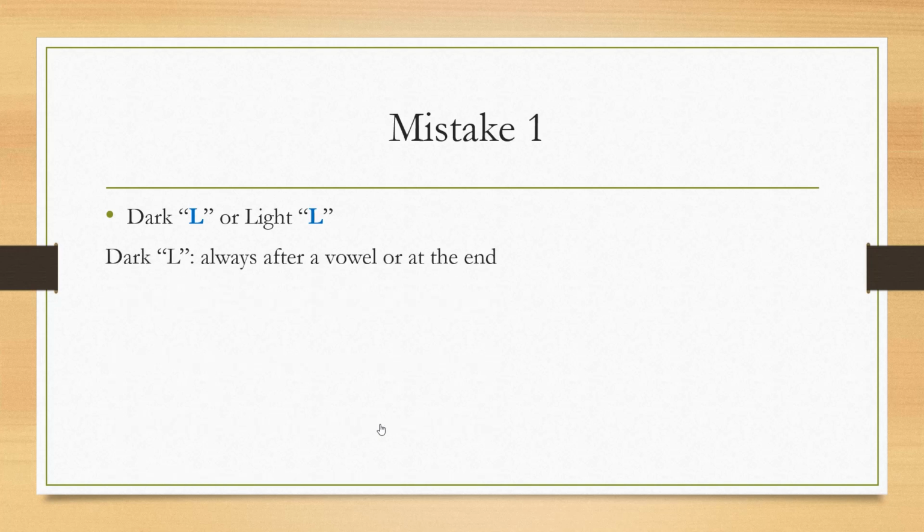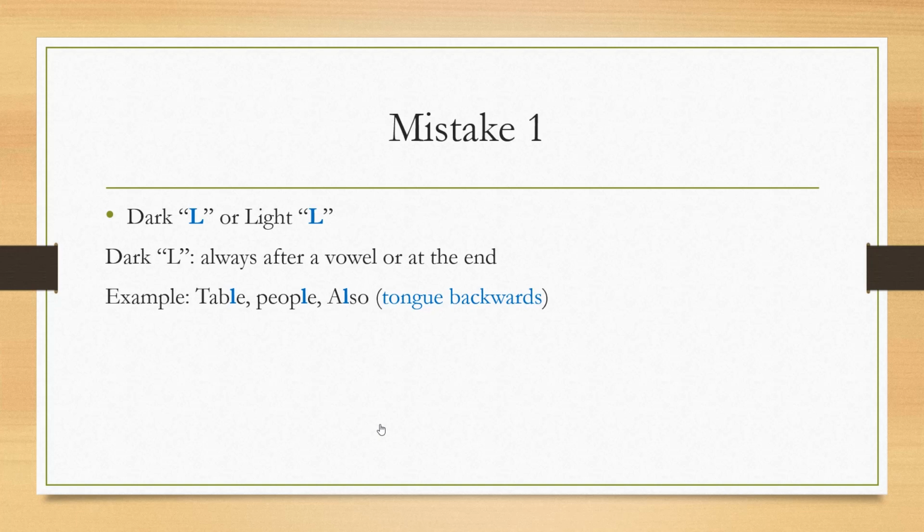The dark L always comes after a vowel or at the end of a word. When you have the letter L at the end of a word or after a vowel, it is not pronounced in the same way as when you have it before a vowel. Okay, so here, the right pronunciation of these words is